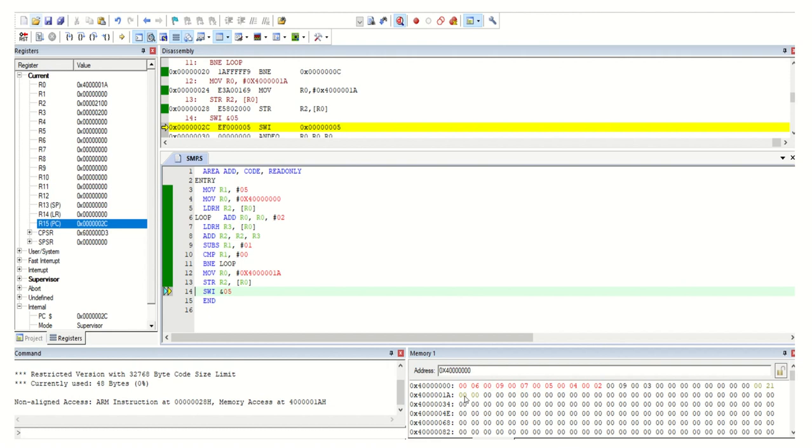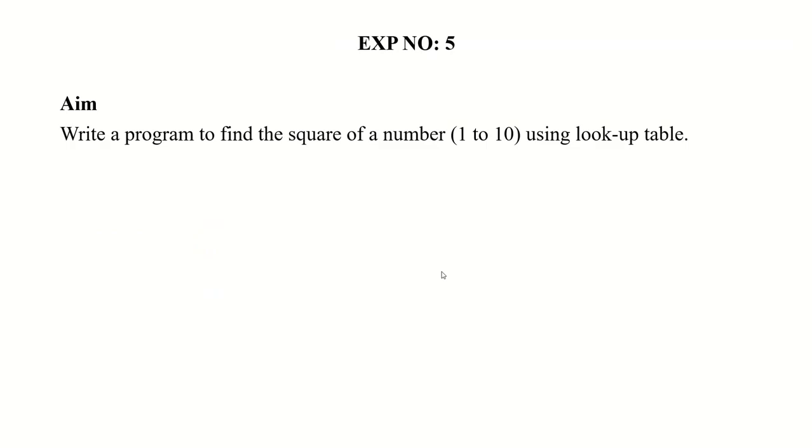So this is the concept: adding a series, an array of 16-bit numbers, and storing the answer in memory itself. You have to use memory, because in the aim of the experiment they said to use internal RAM. That's why you have to use this memory concept. Then the next program: write a program to find the square of a number using a lookup table.